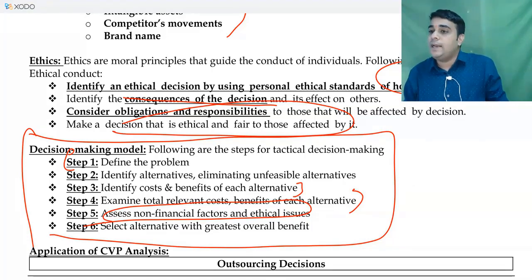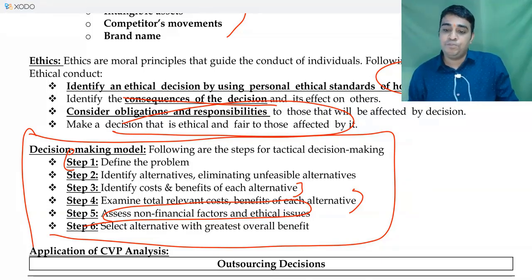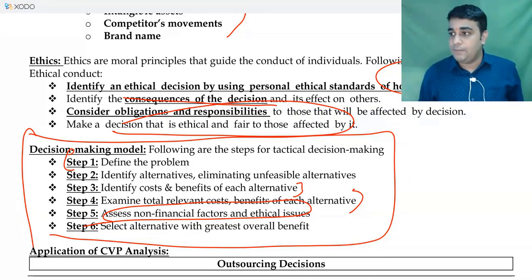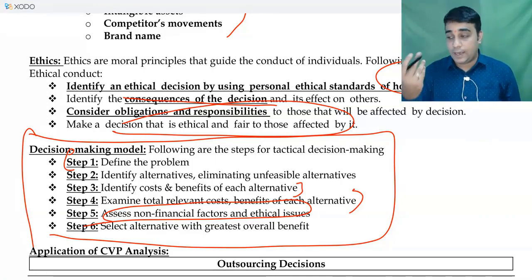If you employ child labor, your cost per unit will come down by 20 rupees. But that does not mean you can do that. If you pay lesser than minimum wages, there is a Minimum Wages Act. If you pay lesser than that, your cost per unit is going to come down, and you can do this also because you will not get caught. Let's assume you are not getting caught, and you can still get the laborers. It's easy to get the laborers.